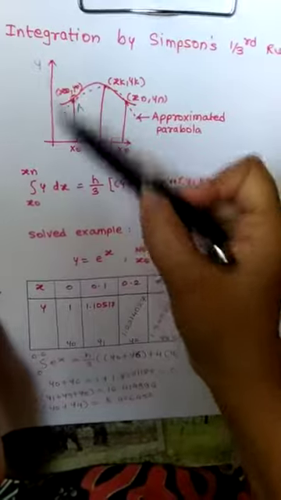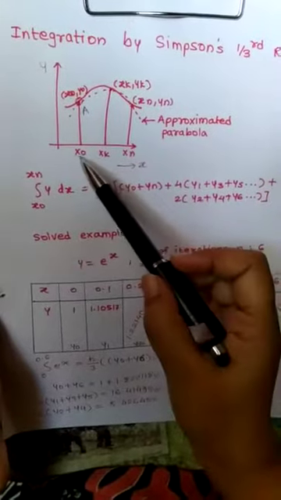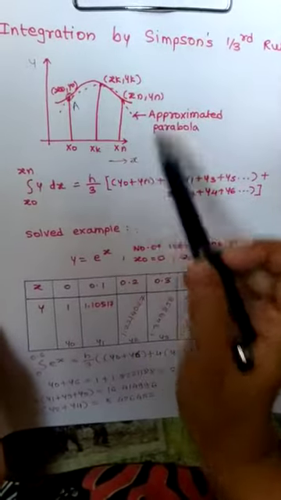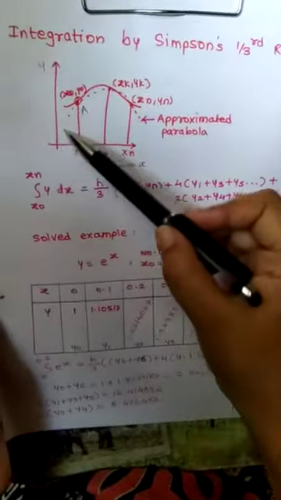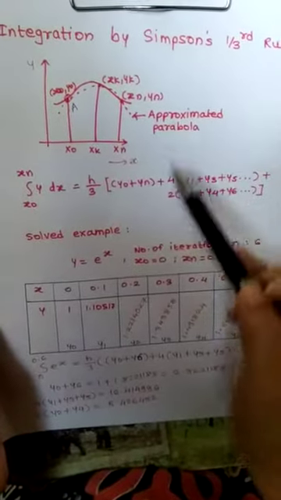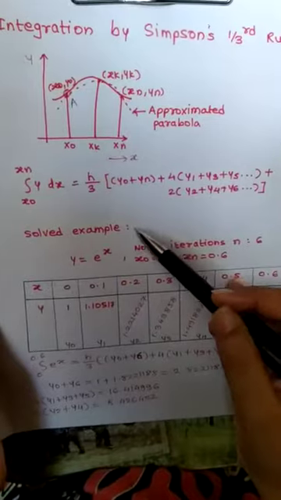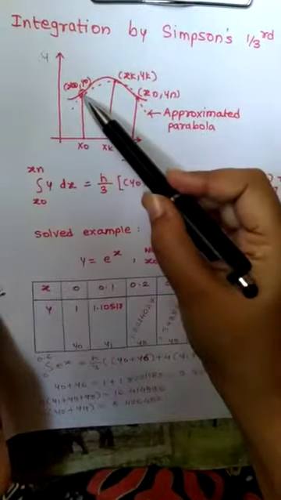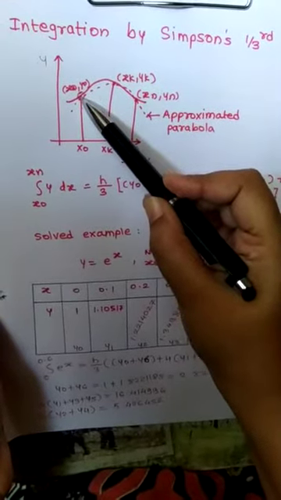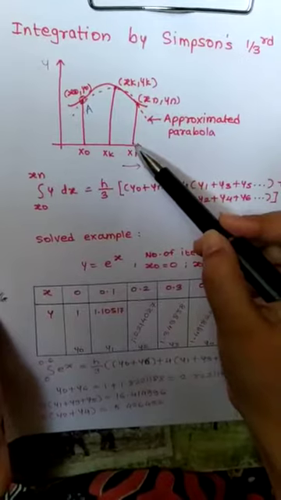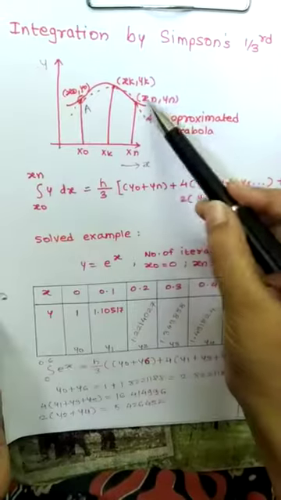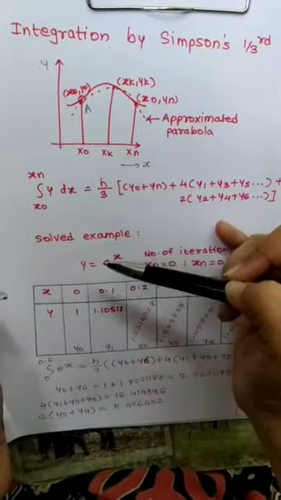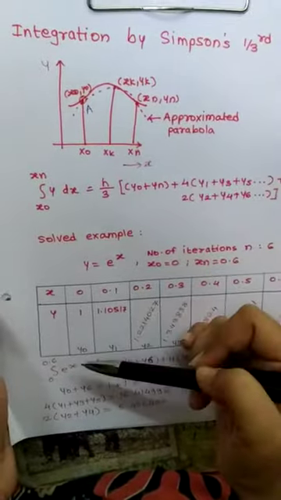This is the y-axis, this is the x-axis. I put the values x0, xk and xn, and here are the corresponding values of y. We are taking the approximate parabolic curve for finding the integration so that we will get more accuracy. At the point x0 with coordinates x0 and y0, the point is A, which is the starting point, the initial approximation. This is the end point, the last approximation corresponding to xn and yn, and this is a middle point that we are considering to plot the parabola, given by xk, yk coordinates.